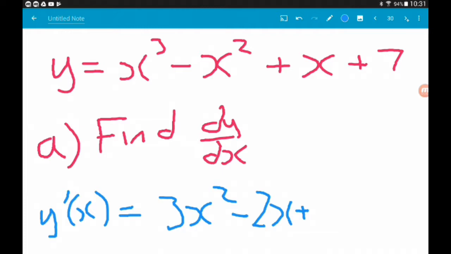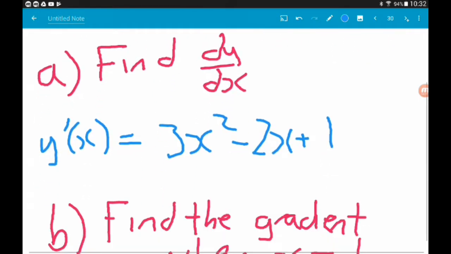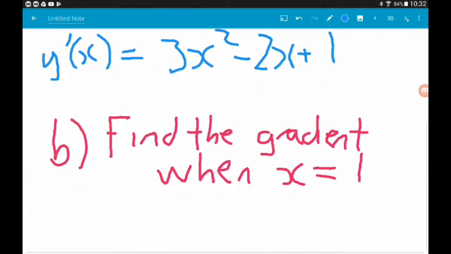if you're differentiating x terms, the x disappears and you're just left with the coefficient. So x has a coefficient of 1, so we get plus 1. And then for the 7 at the end, when you differentiate constant terms, they just go to 0, they disappear completely. So that right there is our gradient function, our derivative. Good times. Now for part B, we're going to calculate the gradient of the curve at the point where x